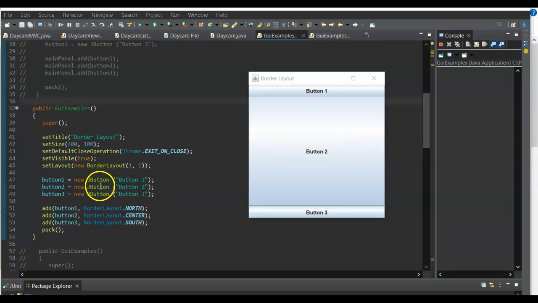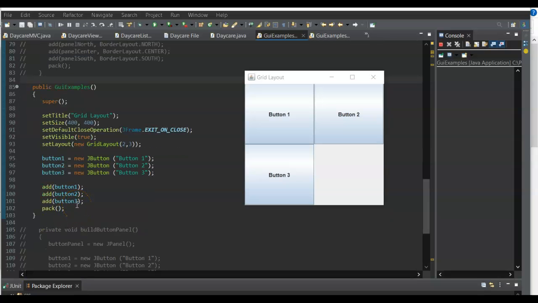But it's still similar to the way you would do a flow layout, in that you still have to add the components, which are the buttons, to a container. In this specific instance, it's the content pane of the JFrame. But you could actually create JPanels, and then add those components, buttons, into the JPanels. And that way you can make the buttons smaller, at least visually look smaller, but I decided not to show that. But normally for a border layout, each region only can have one component at a time, and they fill up the whole area. And the center region is normally the default region.